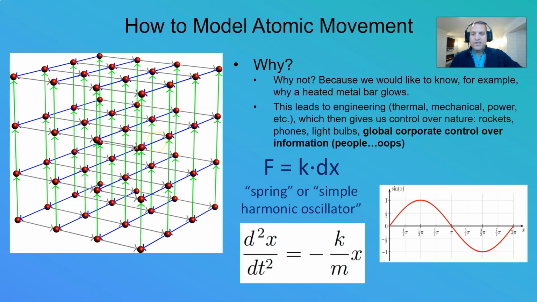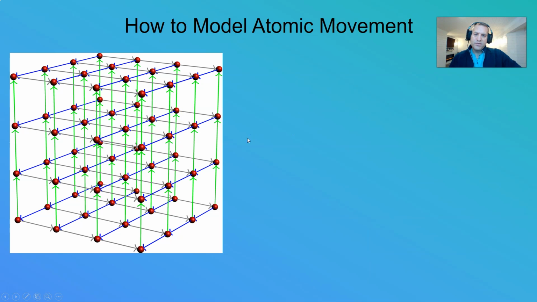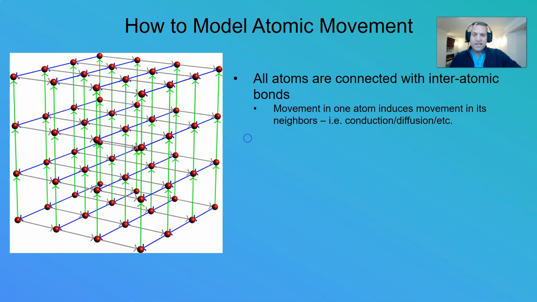So you have a force in all these different vector directions and you add them up. And so basically you're adding up sine waves on each other. And so Fourier theory is very applicable to this, where you have a series of sine waves adding up on top of each other. In any case, that's what it would look like. That's the basic simple solution for a single atom with everything else fixed. As I said, of course, this whole thing is oscillating and vibrating, so it becomes quite complex. But we have solutions for dealing with that, and those solutions are the basis of thermodynamics, actually.